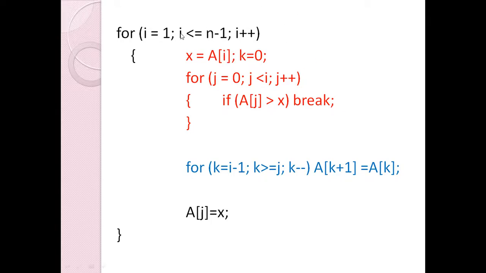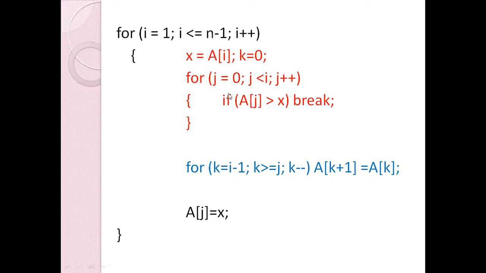See, this i equals 1 to n minus 1 will change your values of i. So first you will pick up the first element and insert it at the appropriate place, then second and third, and so on. Here, these red lines of code show how to find the appropriate place. If the ith element is chosen, so i equals whatever the value is, x equals a[i]. So this is the ith element, and I initialize k equals 0.